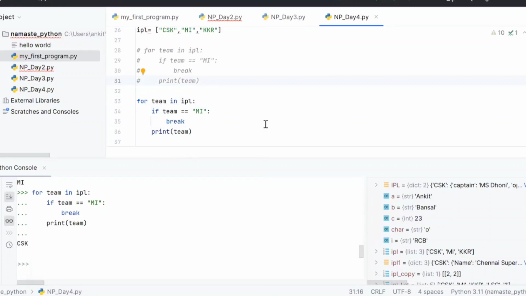I understand that, since this print is coming after break, that is the reason CSK is printing, right? Right. The moment it sees break, it is just coming out of everything. It is not doing anything after that. Okay, so I have a question: how do you decide the indentation of the print statement which is coming after break? Will it always be four spaces before break?